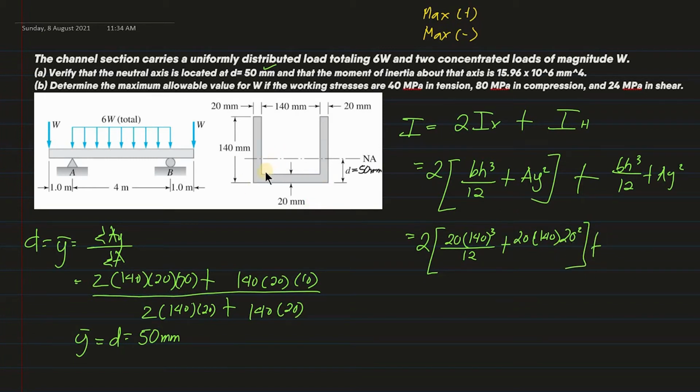Okay, so dito naman tayo sa nakahiga. Ano yung base nito? Ang base niya is 140. Okay, so that's 140 times the height. The height is 20. Ito. So that's 20 cube divided by 12 plus. Ano yung area nito? Same din, 140 times 20. So, ilagay ko lang sa baba kasi kulang ng space. Times, ano itong y? Y is the distance mula sa centroid nito papunta sa ating neutral axis. And this is